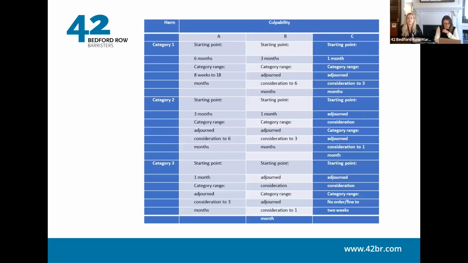And here is the relevant part of the table, which you'll be able to look at with some starting points and some brackets in essence, showing different factors which you could look at. And I would encourage you to, if you're representing or dealing with a case of sentencing for breach, that this is a very helpful starting point for the judge, because it gives a framework. And the language that was used was to help judges deal with it in a systematic manner, rather than a bit of a shot in the dark from no order to a 2-year custodial sentence.